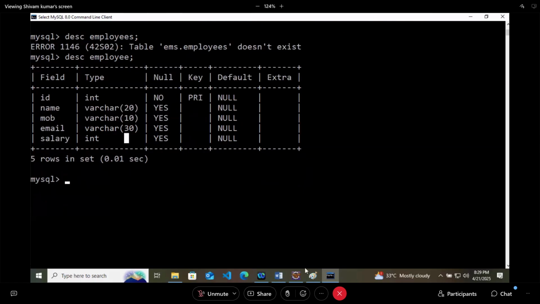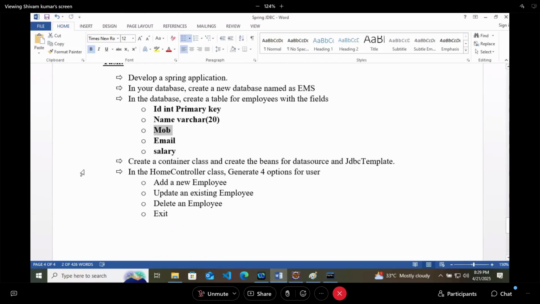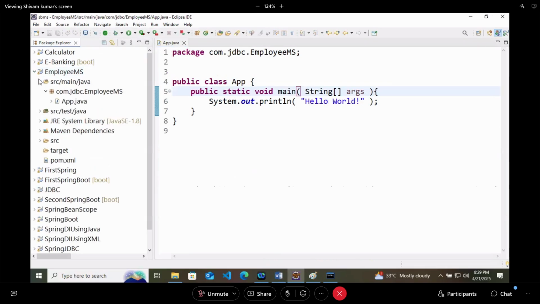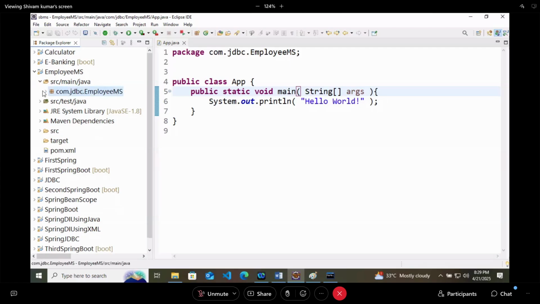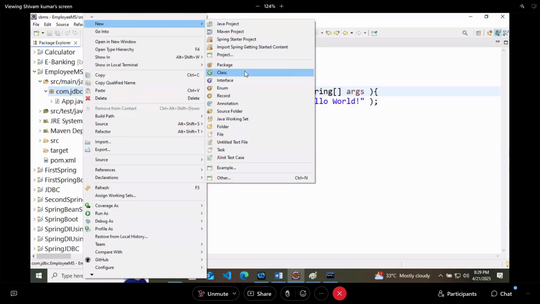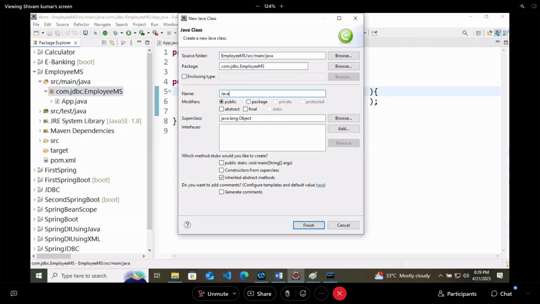In the next step, create a container class. So in the same package, employee MS, I will create a container class that is JavaConfig.